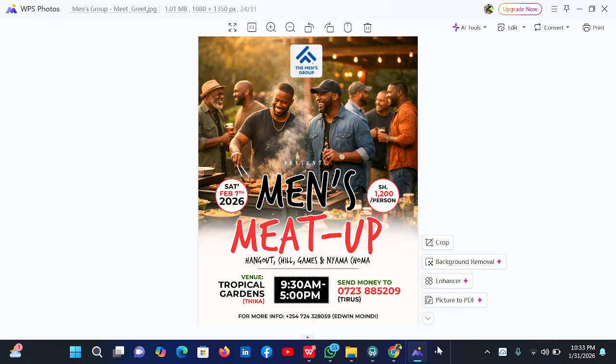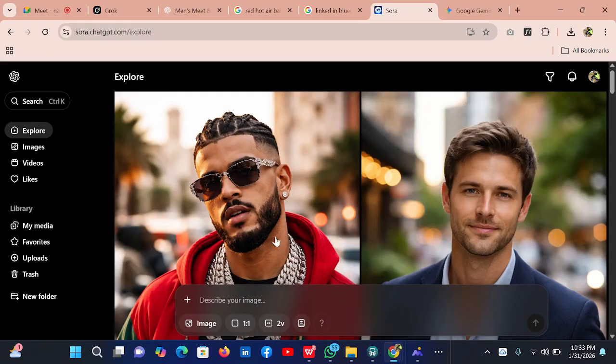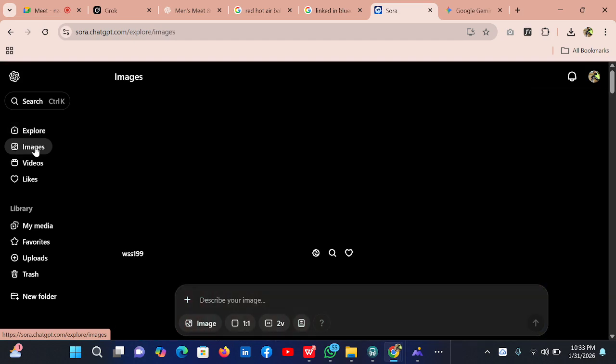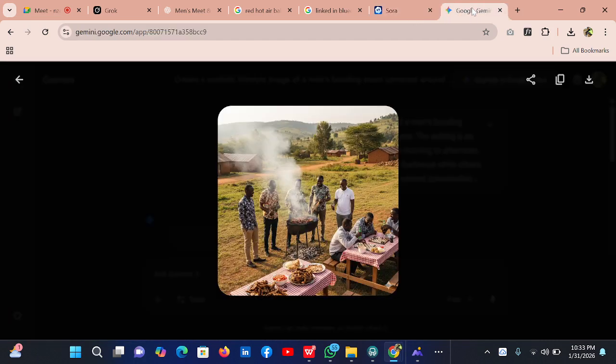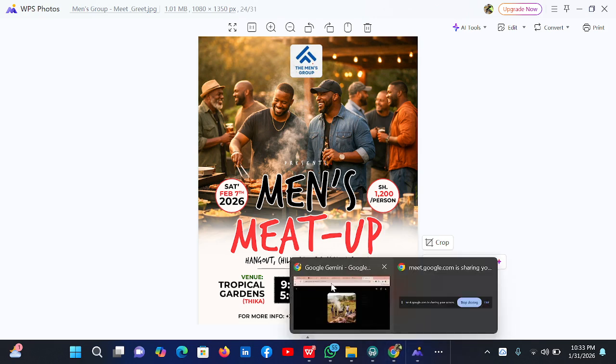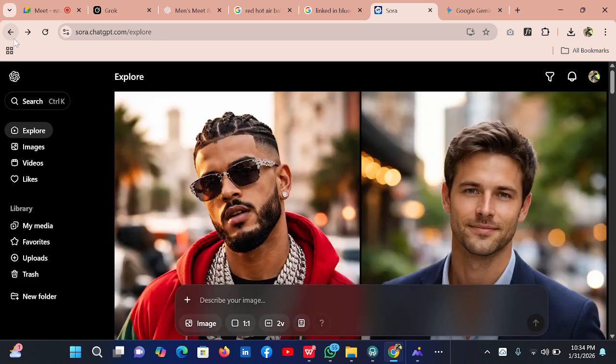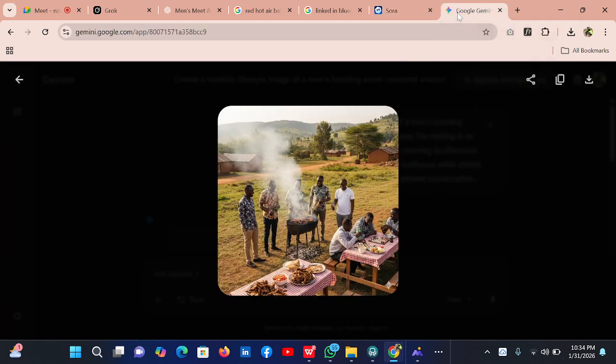So if I was to replace this one with whatever Sora has given us here, then itakuwa very easy. Let me show you something else that Sora can give you. Again, let me repeat, Sora is a beast. Also in image generation and all that. If anything else utatoka nayo hapa hivi, just know that Sora is a beast. Go and embrace Sora. Go and research about it and start using it every single day.